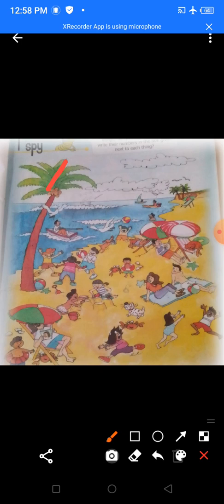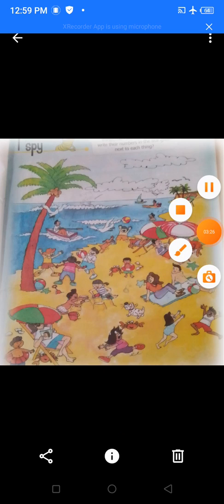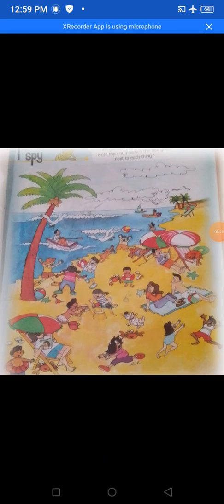Okay. So what have you found out till now? You have found 3 coconut trees and 6 shells. Now what will we find next? We will find starfish. Now can you find starfish in this picture? Try on your own. Very nice. Here we got 1, 2 and 3 starfish. How many starfish did you find? You found out 3 starfish.